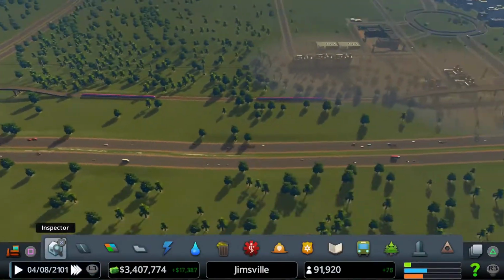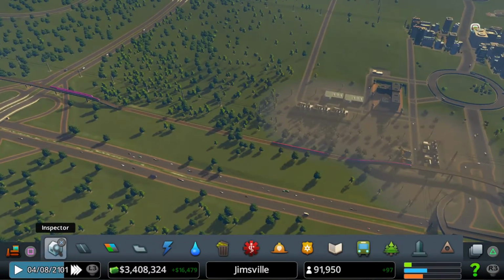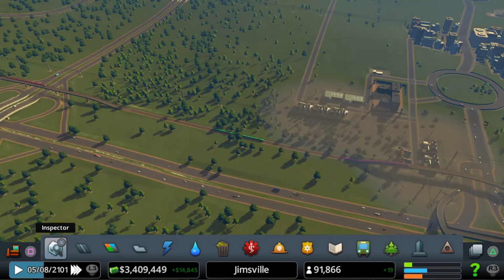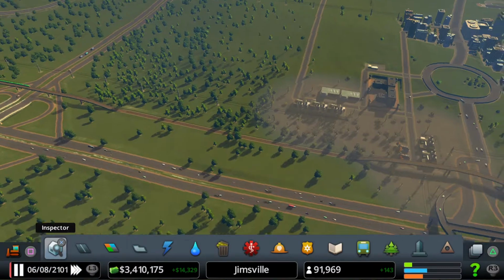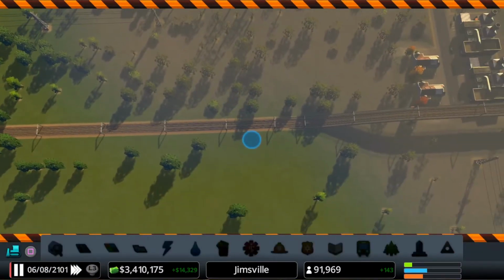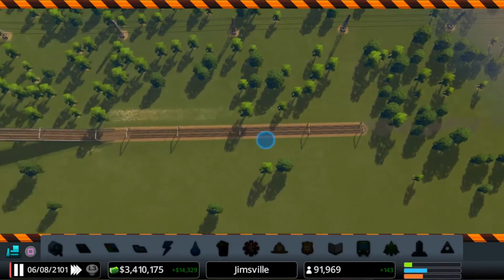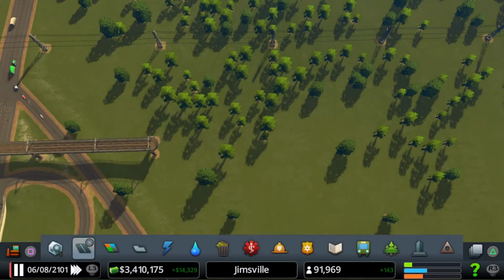And you know what? I think I may as well just raise that piece up in the middle. Let's get those trains off it first. Now all the trains are just using it constantly. There we go. Let's pause. We may as well just raise this up because it's the only little bit that's dipped down in quite a long stretch. So might as well just make it all raised.